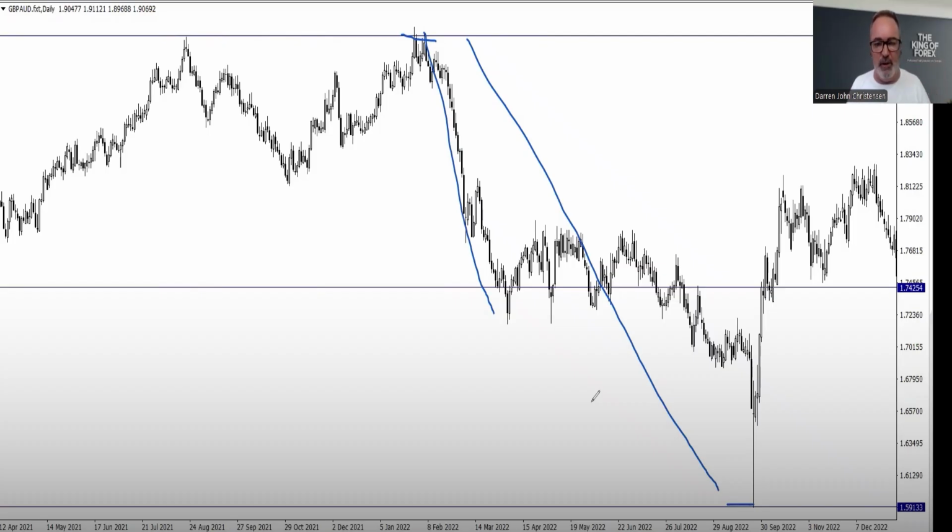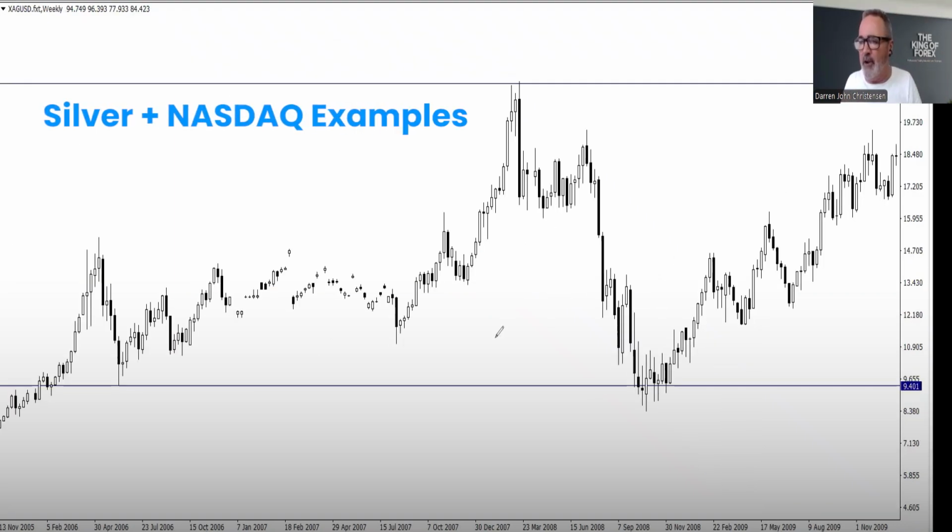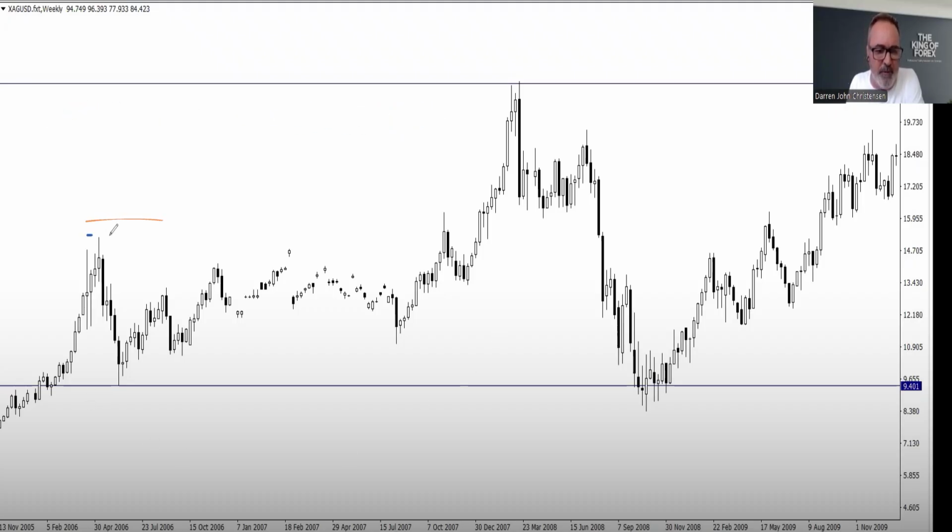Anyway, let's have a look at other markets. This is just one currency pair. Let's have a look at this dynamic, the market dynamics in other markets. Okay, traders, let's have a look at an example on silver. Silver had been in a slow grinding uptrend since January 24 before reaching this high, and then a very significant